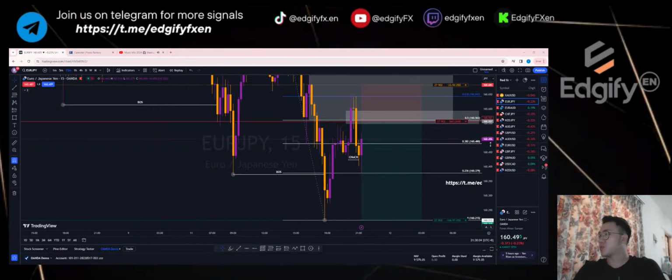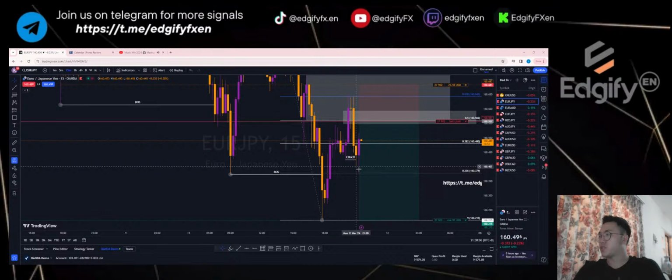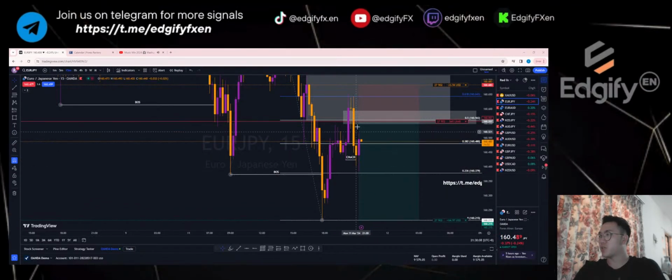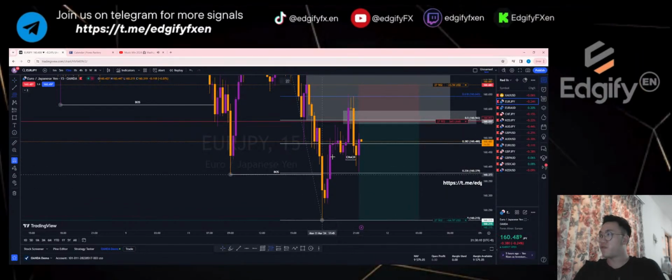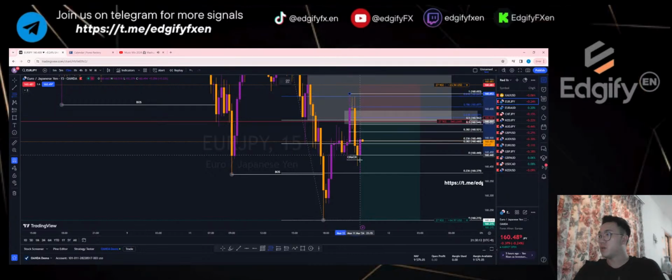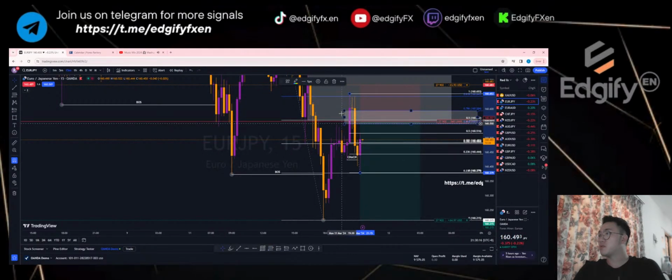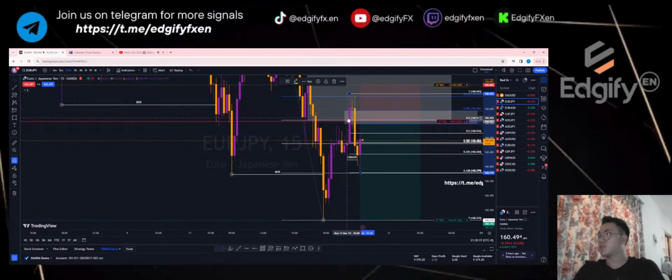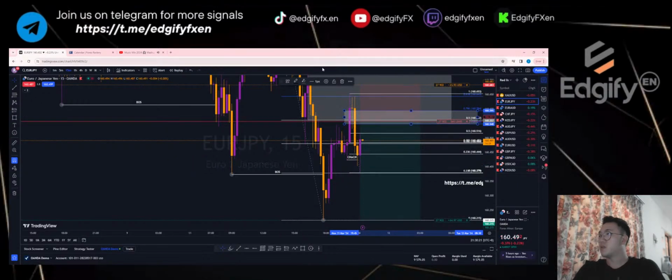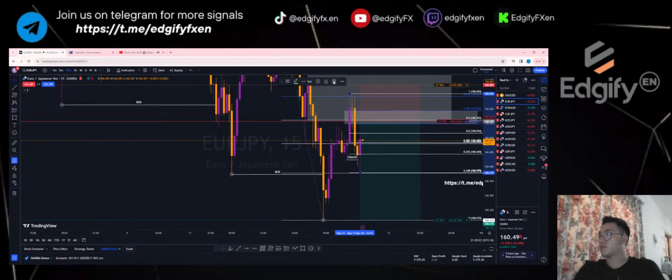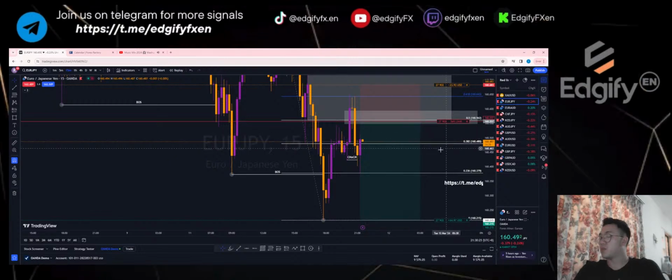Right, the 15-minute candle has closed, a new one will be opening. So this looks good, this retracement. My fib from this level to this level here is still basically between the 618 and the 786, within this box here. So it's okay for me, and I'll still hold my sell limit.